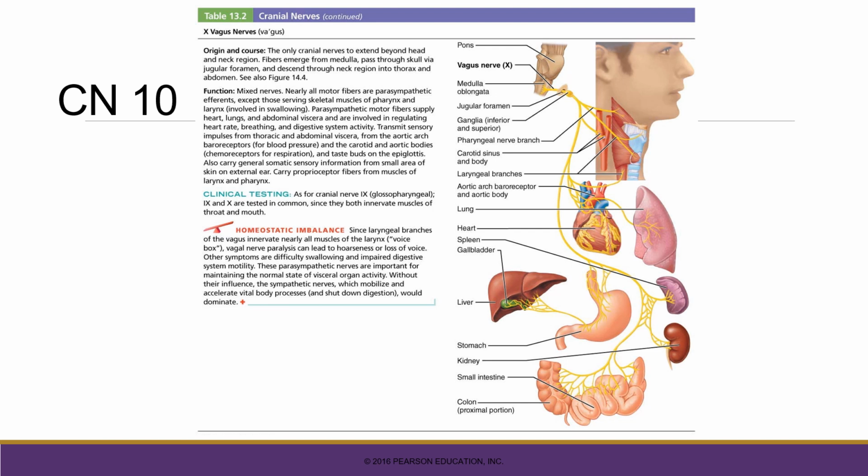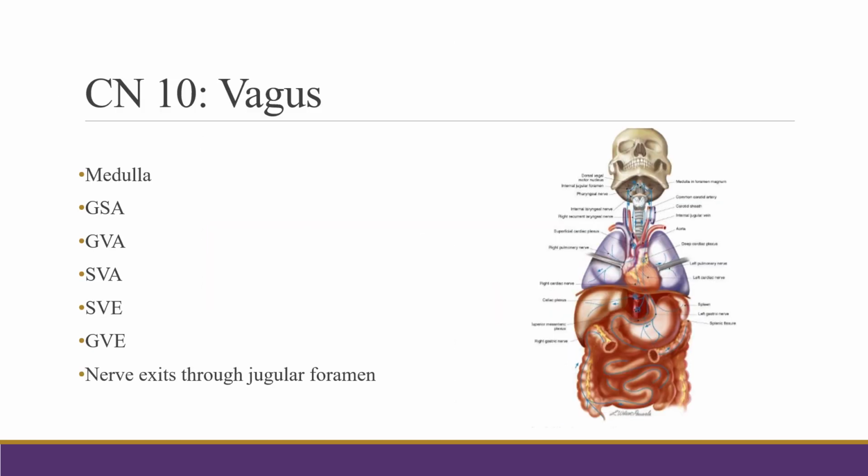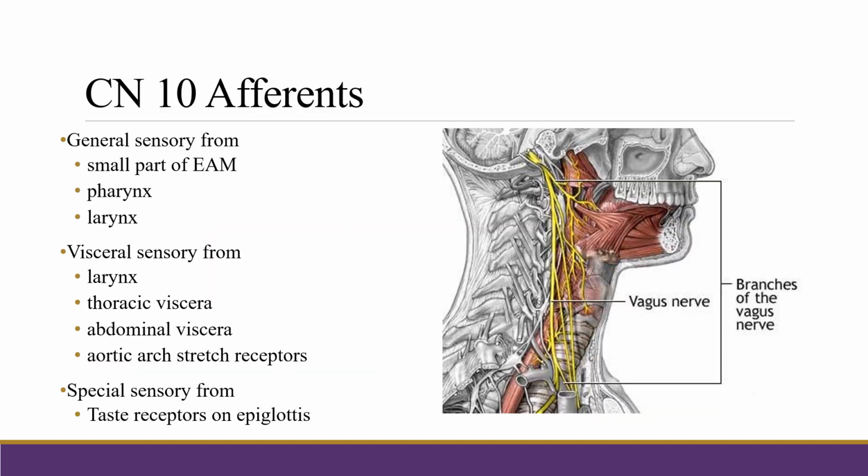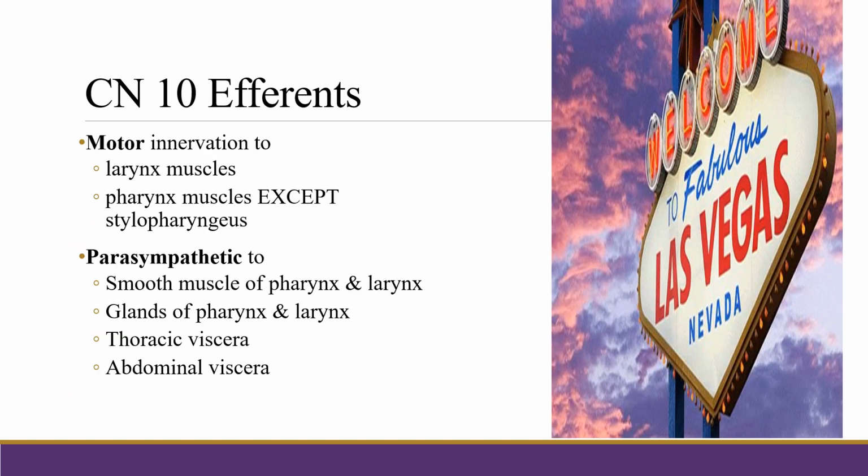Homeostatic imbalance: since laryngeal branches of the vagus nerve innervate nearly all muscles of the larynx, or the voice box, vagal nerve paralysis can lead to hoarseness or loss of voice. Other symptoms are difficulty swallowing and impaired digestive system motility. The parasympathetic nerves are important for maintaining the normal state of visceral organ activity. Without their influence, the sympathetic nerves, which mobilize and accelerate the vital body processes and also shut down digestion, would dominate. Aortic stretch receptors,